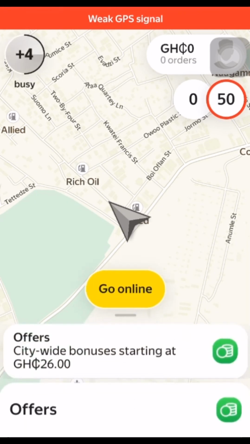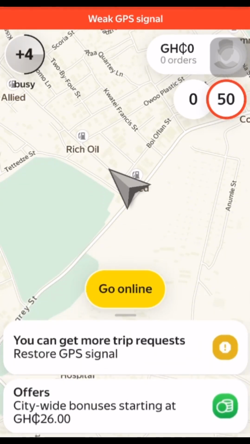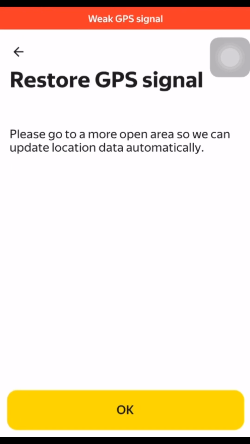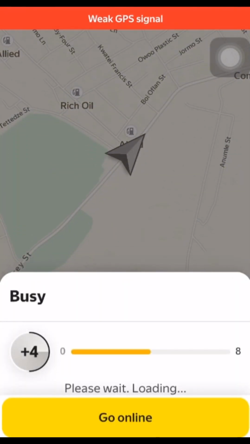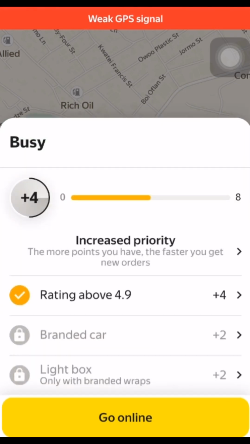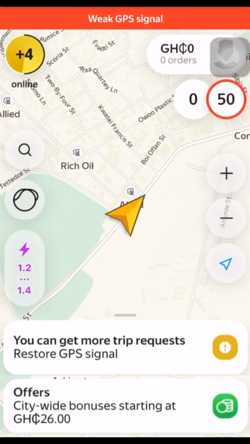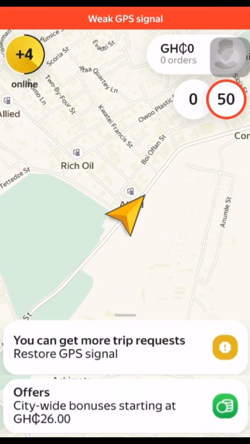Then you open it. So now it says that you can get more trip requests. So for now what you need to do is your GPS, if it is on, let's get it off. So as soon as you step from here, then it means you'll be getting orders. So for you to go online, you just tap on the go online button, then you are ready to accept orders. So from here orders will start coming. Or if you want to go offline,